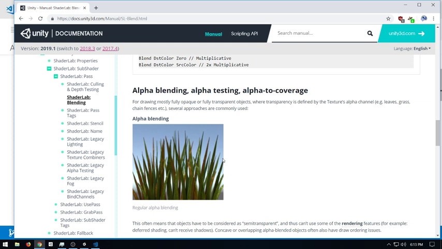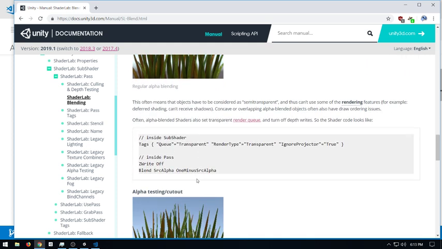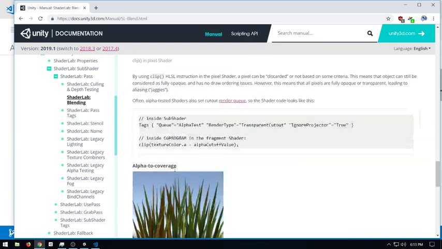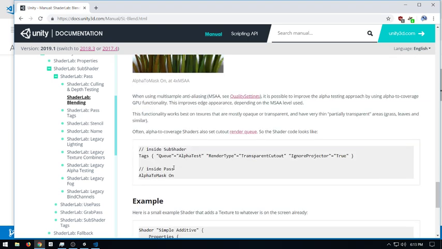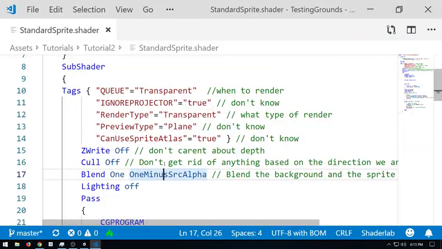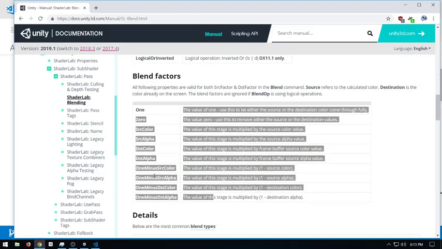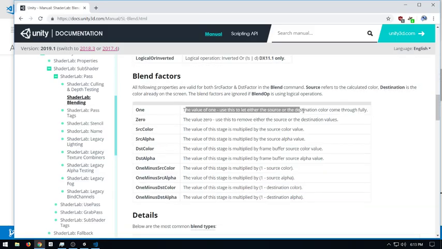I personally find it more often than not incredibly frustrating to understand. Hey, alpha testing and cutout, and then alpha to coverage, and all these different kinds of blends. The one that the sprite renderer uses is Blend One, One Minus SrcAlpha. If you ask me what that is, one is the value of one.